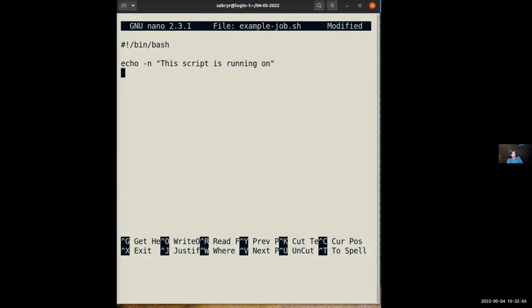Then I'm not going to really run any jobs. But if you remember the command I typed before, hostname, I'm going to print the host name here. So it's a very simple script. I think you should leave a space after on, because if you run it like this now, there will be no space between the host name and the word on. Here, so there's no new line. That's right. Thank you.